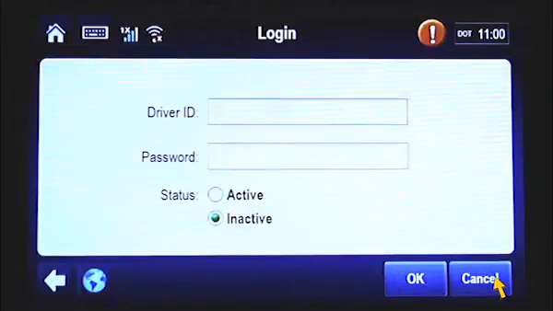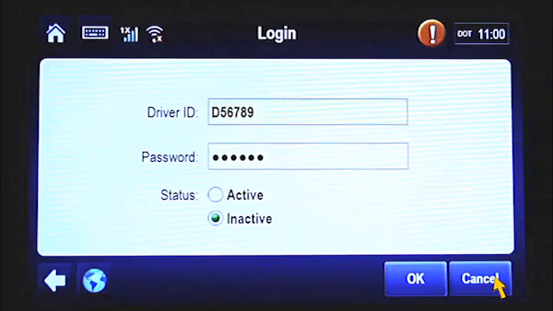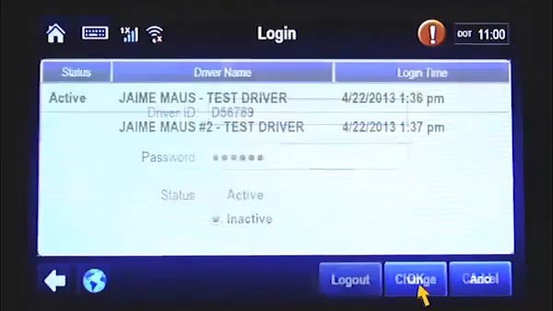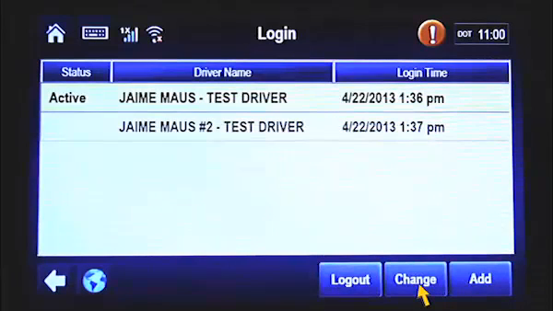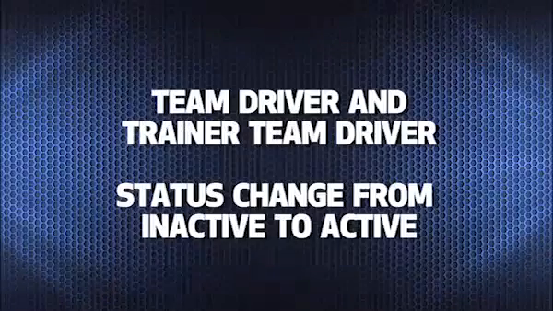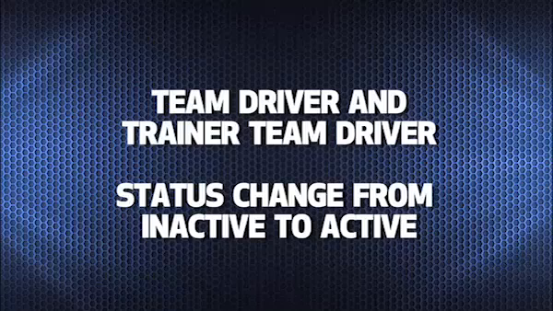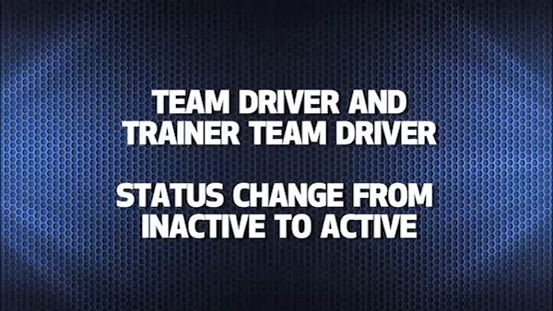The second driver enters their login information now. The status for the second driver will default on inactive. Tap the OK button, and the second driver is now logged in. If you're a trainer team, log in the second driver each time you pick up a new student. Both team drivers and trainer team drivers must change their status from inactive to active every time the driver behind